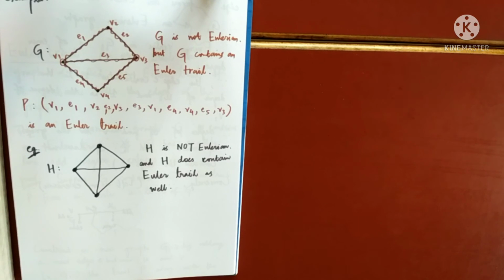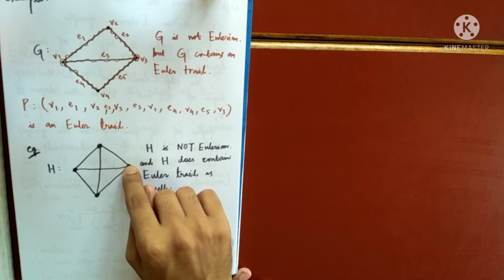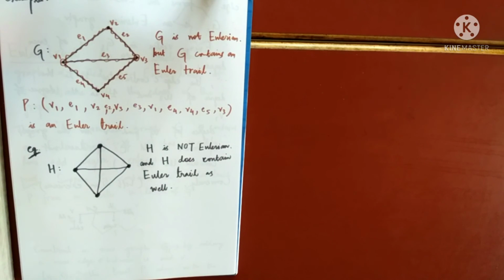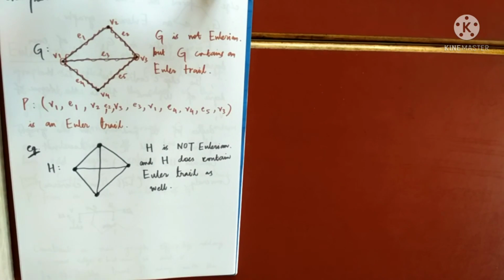That means you cannot draw this graph without picking up your pen. You have to pick your pen for sure, as guaranteed by the previous theorems. So it is not possible to draw your graph without picking up your pen. Am I clear why this does not contain an Euler circuit as well as an Euler trail?